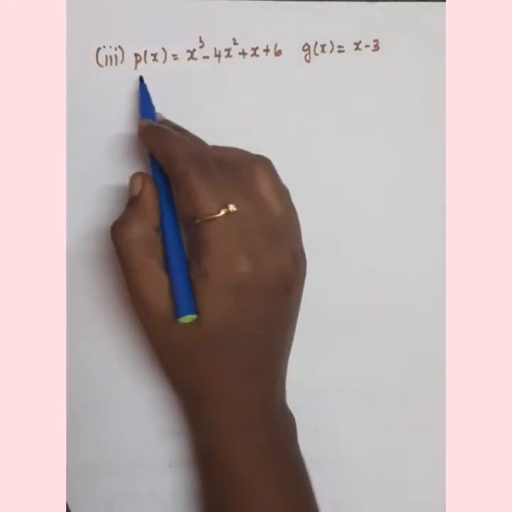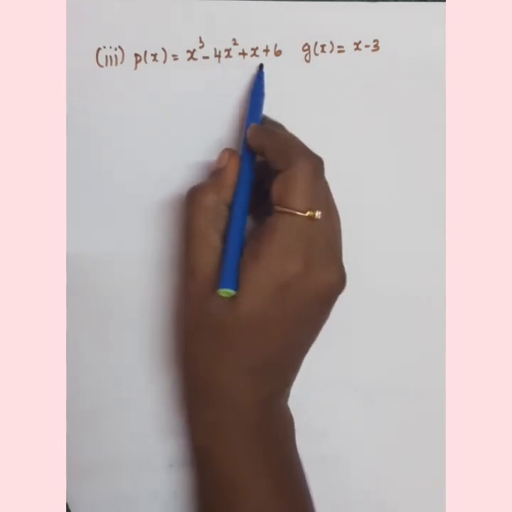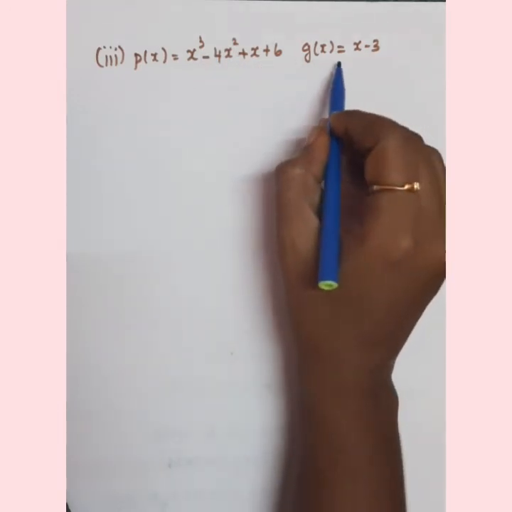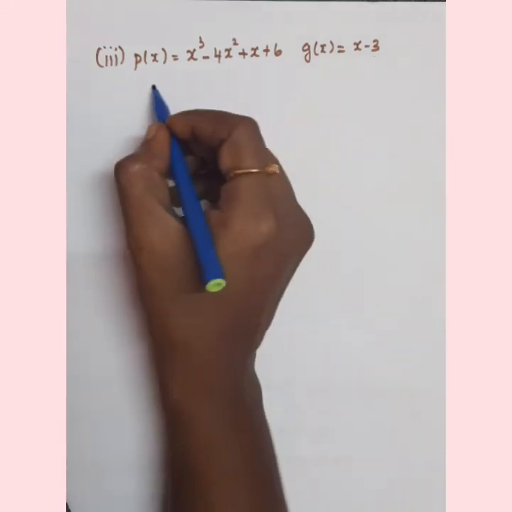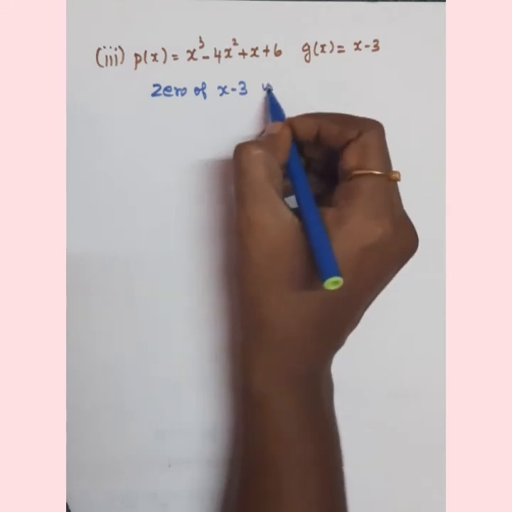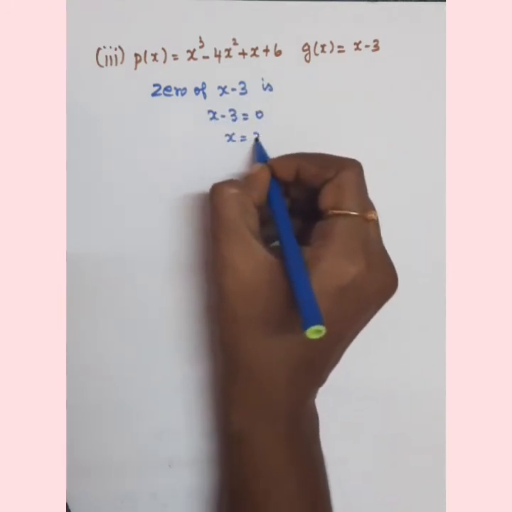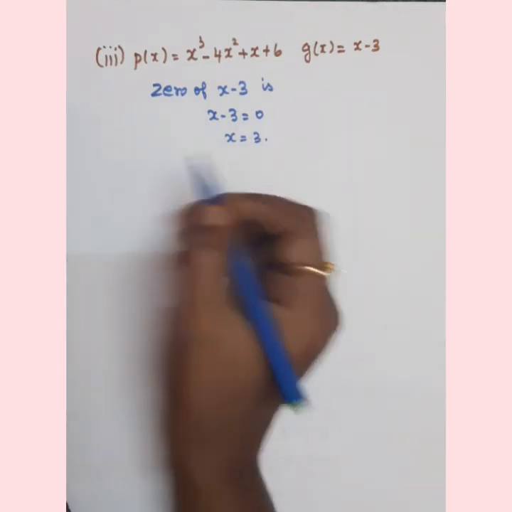Third problem is p of x equals x cube minus 4x squared plus x plus 6. g of x equals x minus 3. Now the zero of x minus 3: x minus 3 equals 0, x is equal to 3. Now